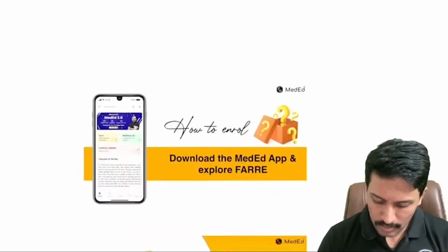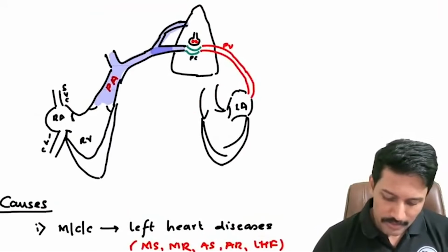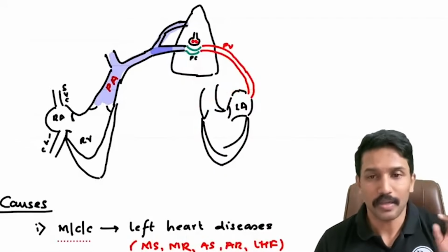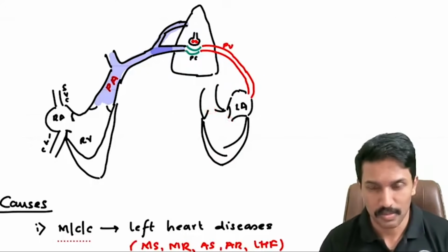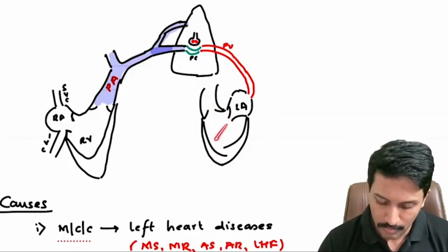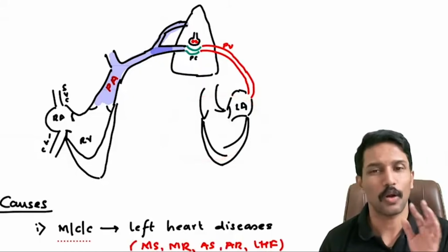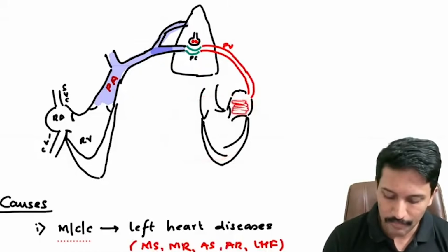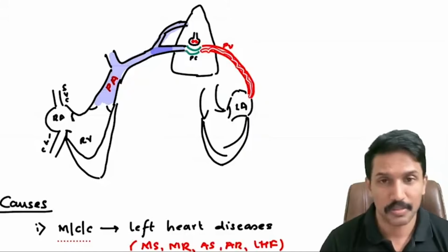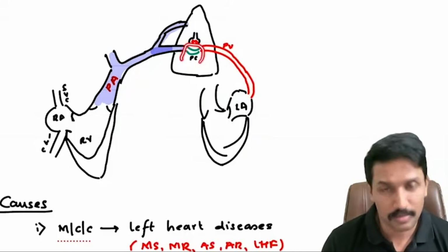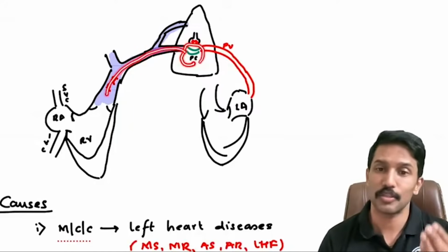So when we talk about the heart per se, anything that affects the left side of the heart will eventually come to the right. That's what we learned yesterday, right? Whether it was aortic stenosis, mitral stenosis, aortic regurgitation, mitral regurgitation, or left heart failure, all of them have one common feature, that is an increase in the left atrial pressure. And when left atrial pressure increases, the pulmonary vein pressure increases, and eventually pulmonary capillary pressure increases,